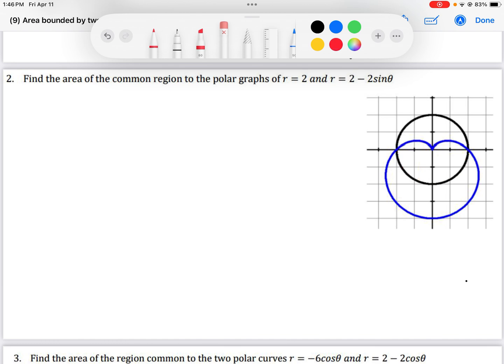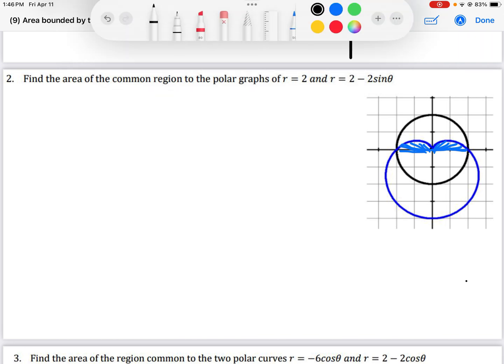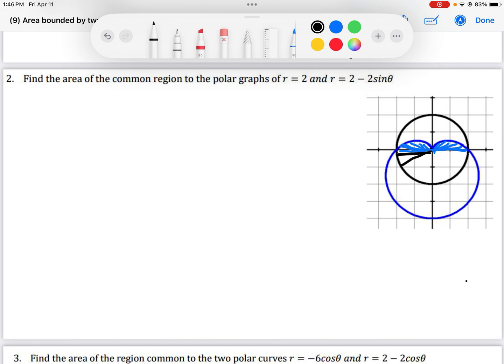Starting at the pole and going over, I get my radius from that blue function, which is 2 minus 2 sine theta. And then after pi radians, if I go past that,